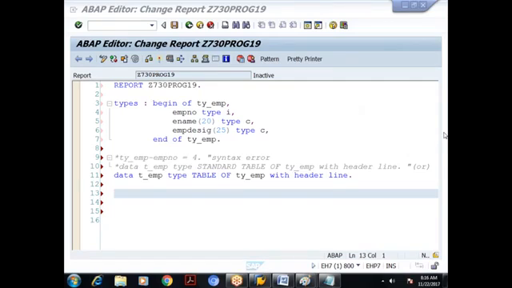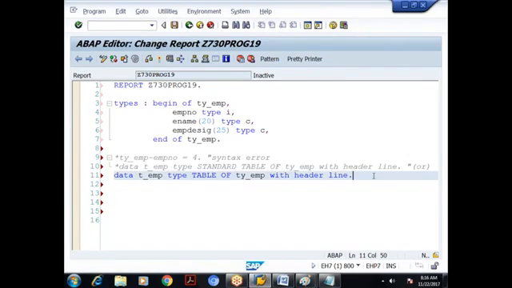Okay, so done. Then already we know how to fill the data in the internal table. How do you fill it? First you have to put the data in the header. From the header you have to copy to the body. Before storing any data, it is better to clear.